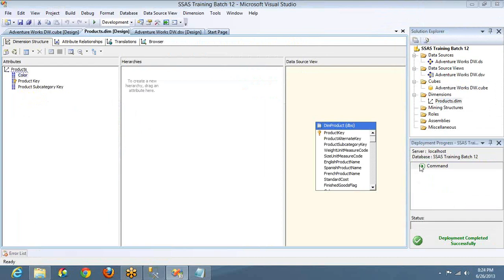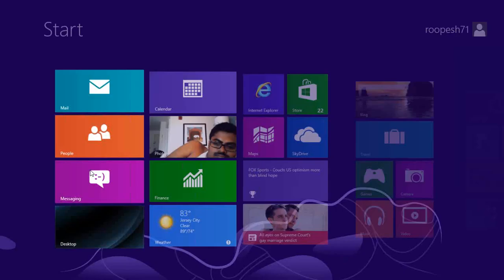Okay. English product name as a dimension is a wrong idea. English product name is a column. How can it be a dimension? A dimension can be created using a table, whereas an attribute can be created using a column. So this is the English product name. This is what the user wants to see. Drag and drop it. This is added here.